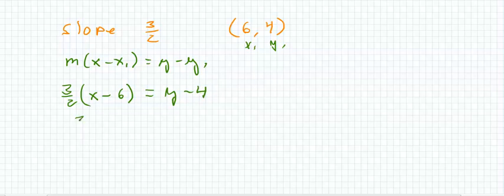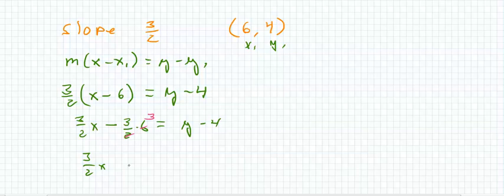We distribute: 3/2 x minus 3/2 times 6 equals y minus 4. 2 goes into 6 3 times, and we end up with 3/2 x minus 9